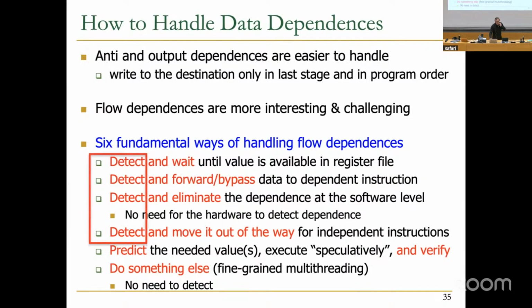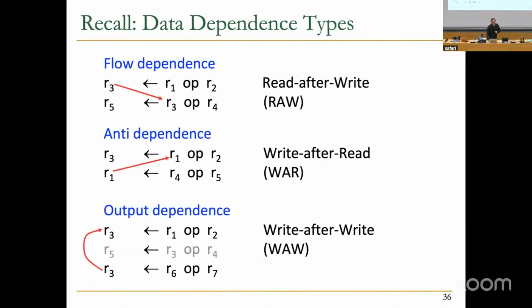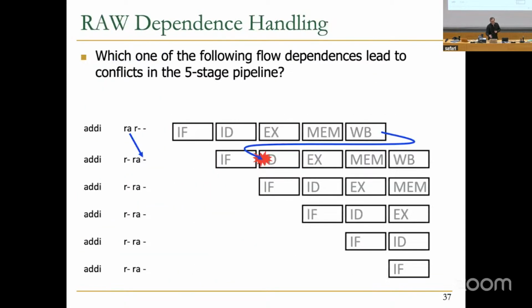Okay, so let's talk about this detection, because a lot of these require detection, right? How do you detect the dependence? But before that, let me show you the problem, basically. So this is a 5-stage pipeline, and I have these adds over here. And the first add is writing to register A, and all of these other adds are explicitly reading from register A. But I'm showing this as an example, right? We're assuming that write happens at the end of the write back stage. We don't have this clever trick where you are able to write to the register file in the first half of the clock cycle, right? If you have that clever trick, you can do a little bit better. But basically,